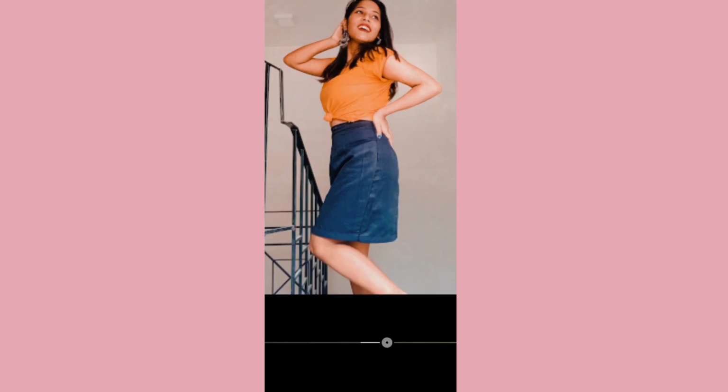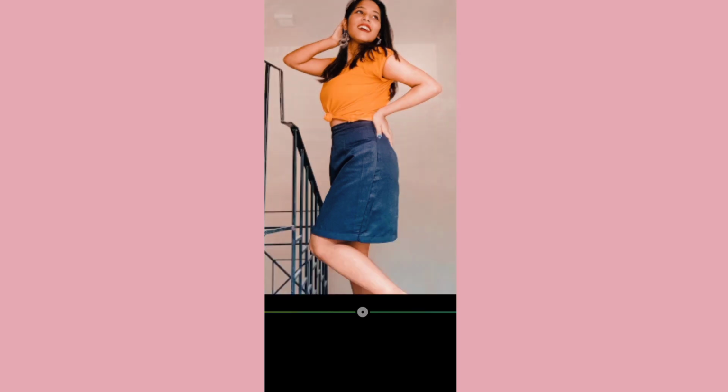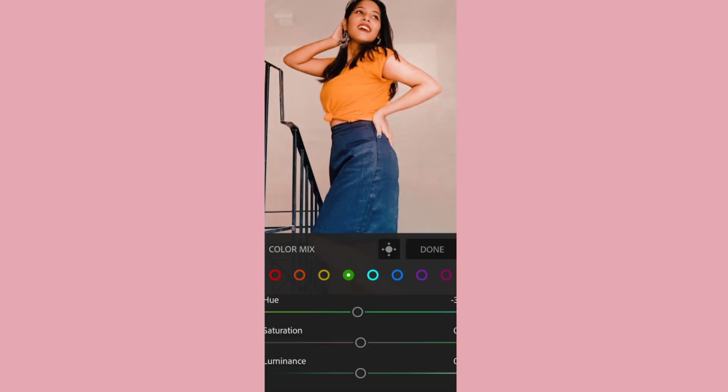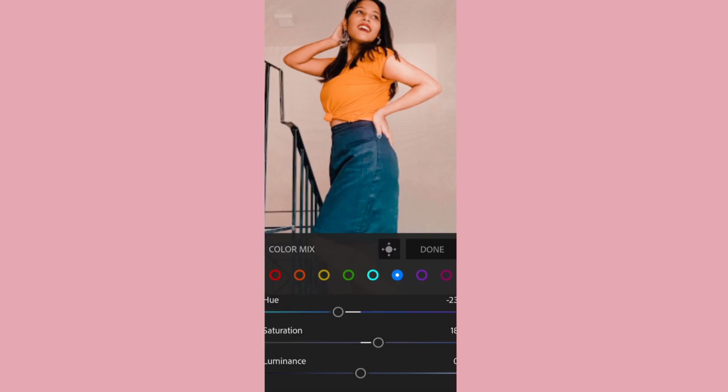As I want this picture in a peachy vibe, I'm using less yellow and more orange because it also looks more aesthetic and peachy, and a little bit of blue. I think it looks better.